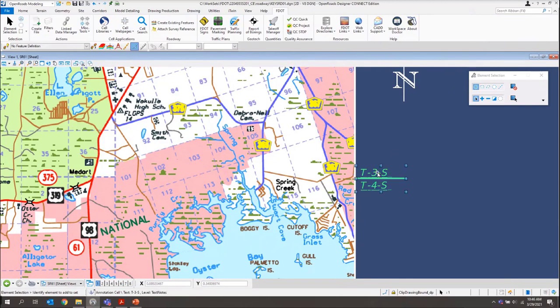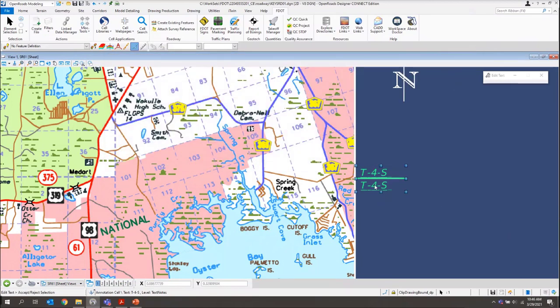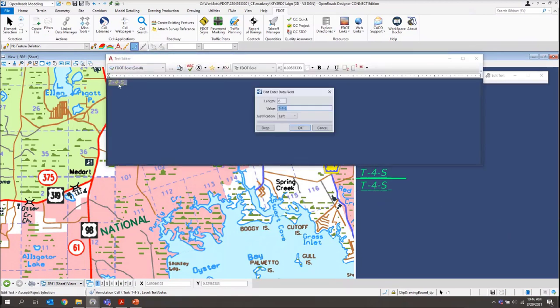And then again, just come in, double click to edit your text. Double click on that for your data field. The top one is 4 for this project, and the lower one is 5 on this project.